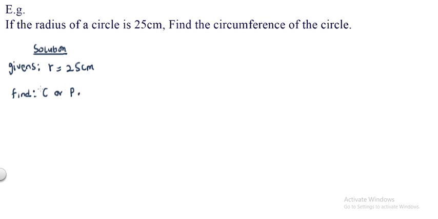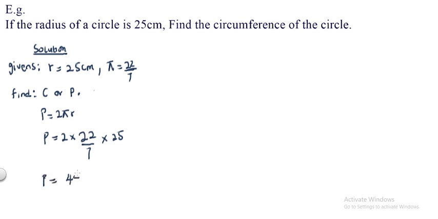Next up, you write out the formula that you can use to find this. The formula that you can use is P is equal to 2 pi r. Unless it's stated otherwise, pi is equal to 22/7. Sometimes they can give you as 3.142. Next up, to find our circumference, you simply say P is equal to 2 times pi, which is 22/7, times 25. Here we can now see P is equal to 2 times 22 is 44 times